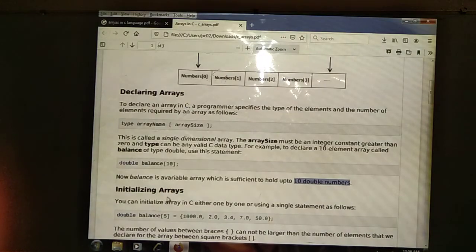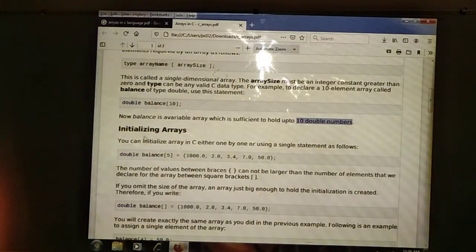Next, initializing an array. After declaring an array, we need to initialize the values. Normally, for variables, after declaring we initialize the value by using the assignment operator. Here also we need to initialize the values by using the assignment operator only. Then we need to use the curly braces. We are going to be assigning more than one value, so we need to separate them by commas.